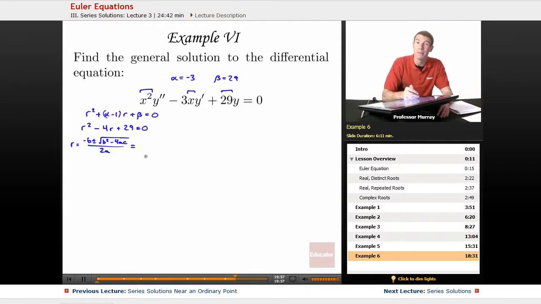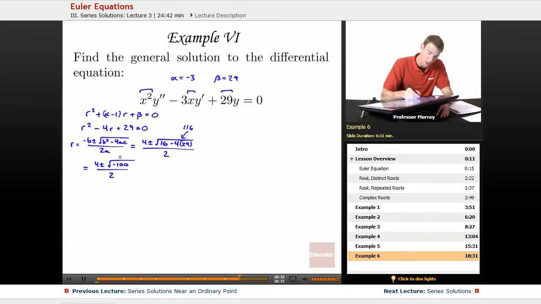And in this case, our b is negative 4, so negative b is positive 4, plus or minus the square root of b squared, which is 16, minus 4ac, which is 4 times 1 times 29, which is 116. And that's all divided by 2a, but a is just 1, so that's 2. So that's 4 plus or minus the square root of negative 100